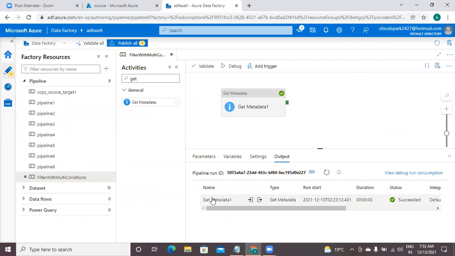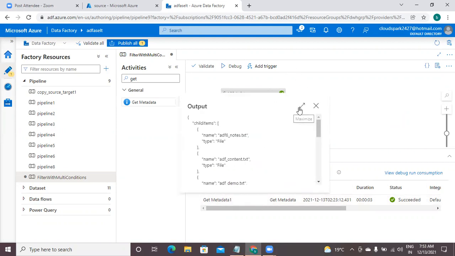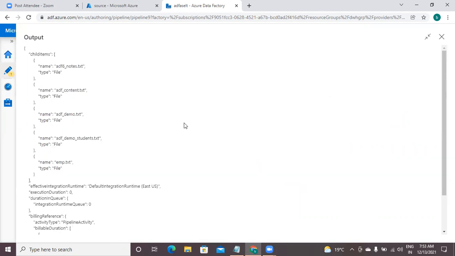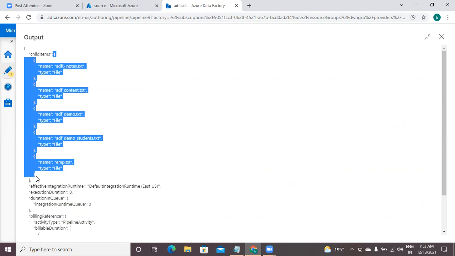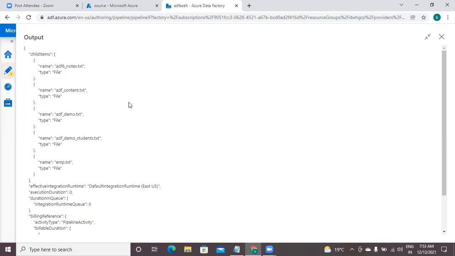Okay, check the output of it. The output will be in JSON format. This JSON has a lot of fields, but our required field is only items. The data type is array, and array elements will be there. In ADF, these elements are called items. You apply @item to fetch a particular item.